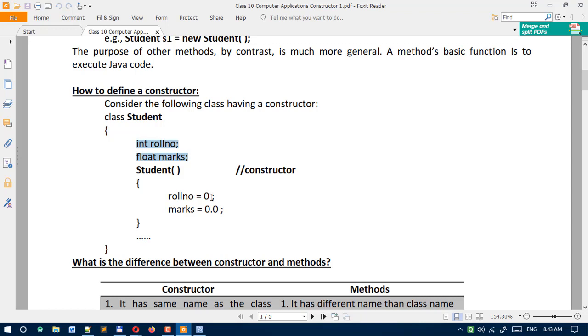Initializing means the initial value of the variable when this object is created. We have set the initial value for roll number equal to 0 and marks equal to 0.0. So this constructor is used to set the initial value for the data members or variables. Okay, so this is the clarification of how a constructor is used.